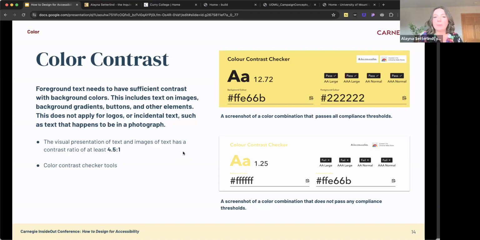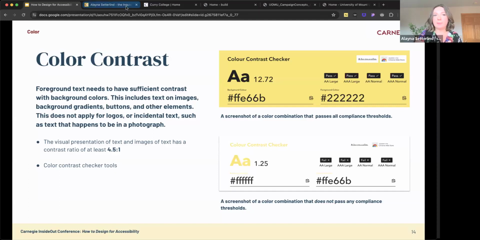And the number that we always have to think about when it comes to that contrast ratio is 4.5 to 1. Over here on the right-hand side, you can see one of my favorite color contrast checker tools. It's actually an extension, and there's a web app, and we'll have those linked out after this as well. You can see we have one that is scoring really well and one that is not meeting contrast at all. So this is just an example of what we see. And from here, I want to dive into